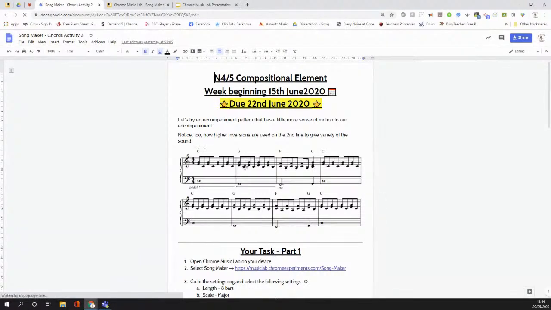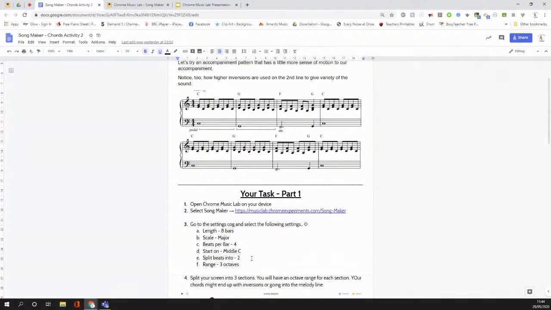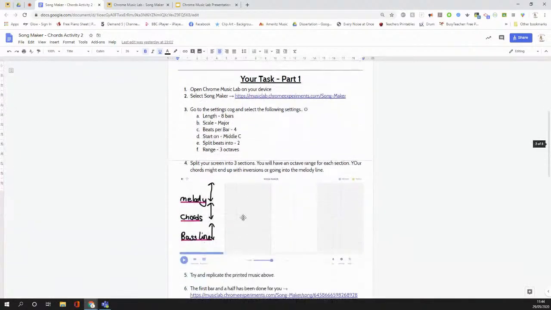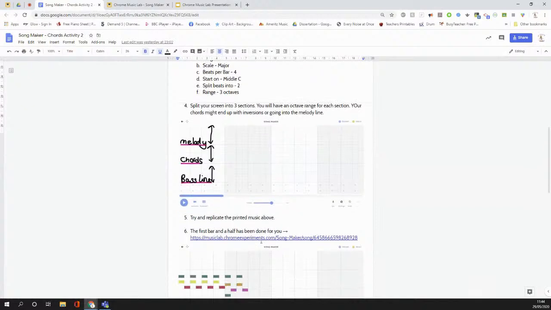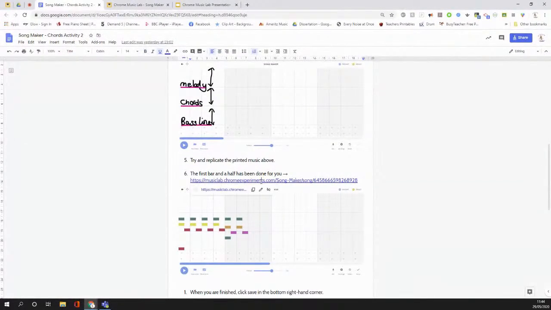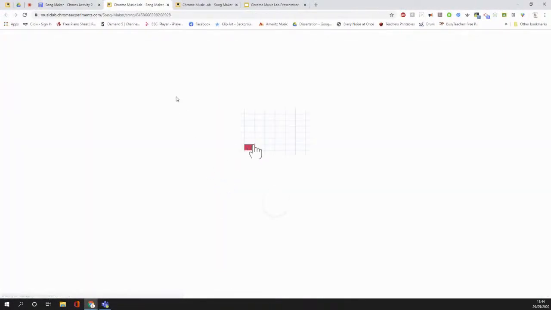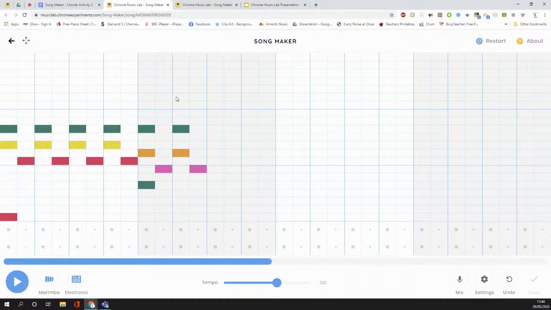So what I've said is try an accompaniment pattern that has a little more sense of motion. So now here what we're doing is we're splitting up the chords and we're adding in different notes and we're changing different things. Again, settings, you could put in learning intentions and success criteria like I did for the pentatonic task. Again, splitting the song maker into 3 sections. And then if I click on this one, I've given them a first bar and a half to show them